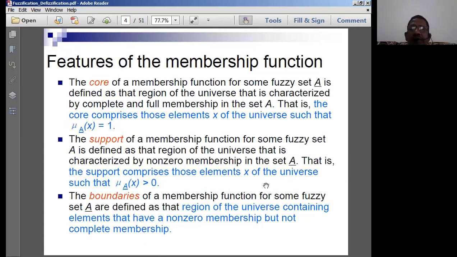So we understand the meaning of membership function. What is a membership function? The membership function signifies the belongingness of a value given in a fuzzy set. So that is basically what is called a membership function, right? So it has got three main features. One is going to be the core, next is support, next one is boundaries. Okay, so these three features have been explained by using